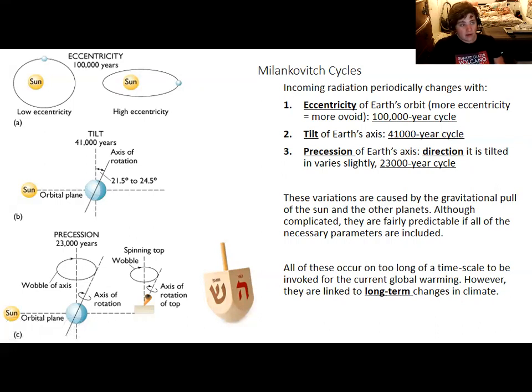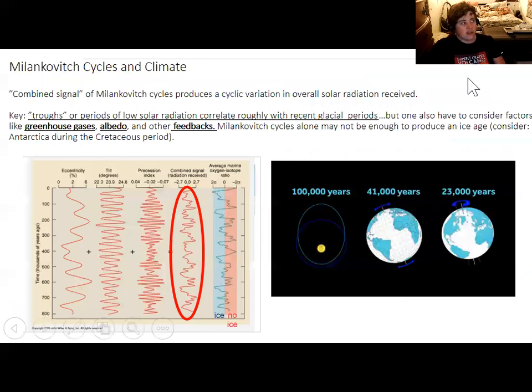Studying Milankovitch cycles and relating changes in Milankovitch cycles to climate is complicated because it's difficult to directly assign particular climate events to Milankovitch cycles. It appears that when all three cycles are taken into account to produce a number that stands for the amount of solar radiation received by the Earth,